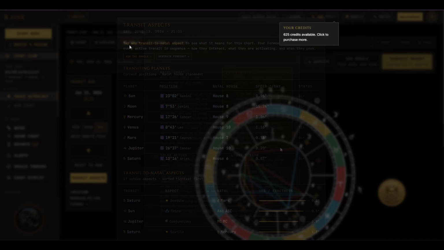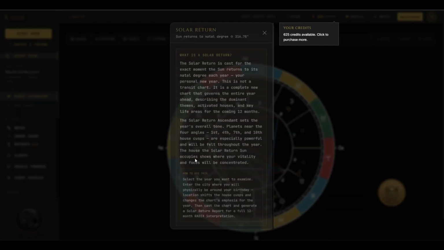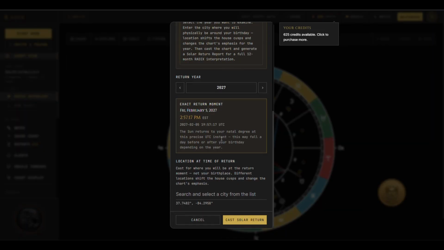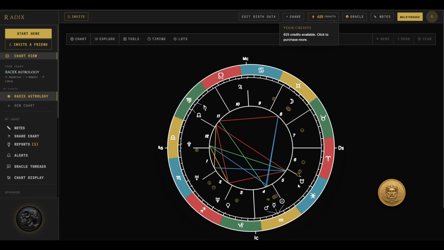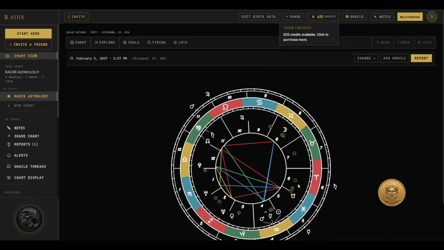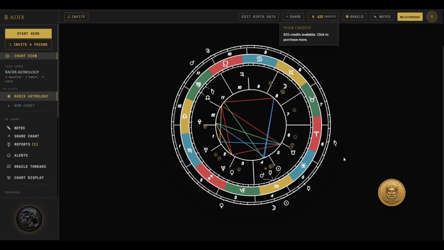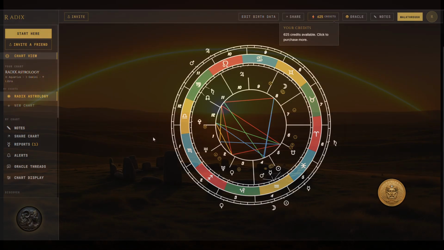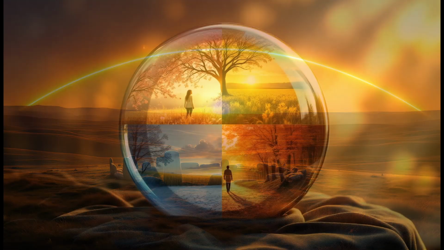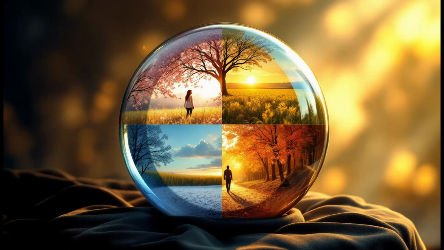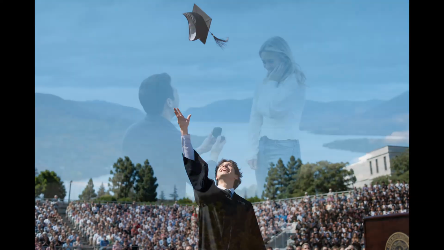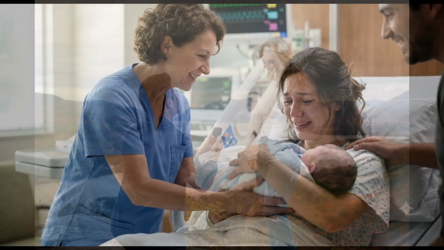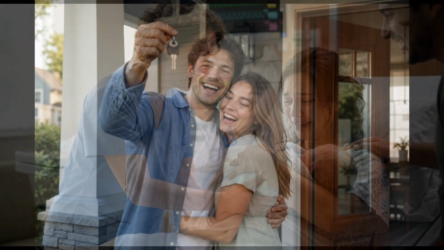window. The solar return is cast for the moment the sun returns to its exact natal degree each year. It's your personal New Year chart. This report answers the question of what themes and activations define the year from this birthday to the next. It's essential for any question involving your year ahead, career changes, relationship shifts, major decisions, moves, or anything that unfolds